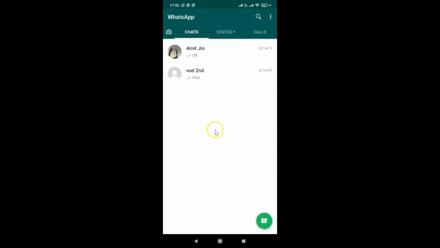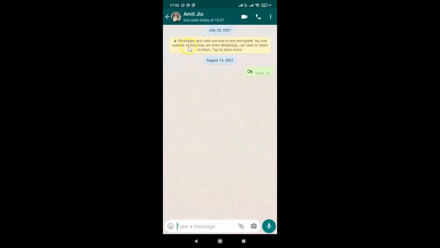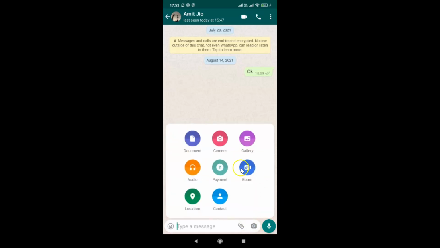You can see guys it's opened, and after that you have to open the chat where you want to send a video. So let me open this chat. I want to send a video in this. You can see it's opened, and after that you have to tap on this attach icon over here. Let me tap on this, and after that you have to tap on this gallery,